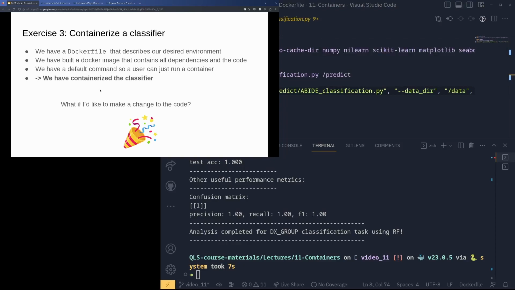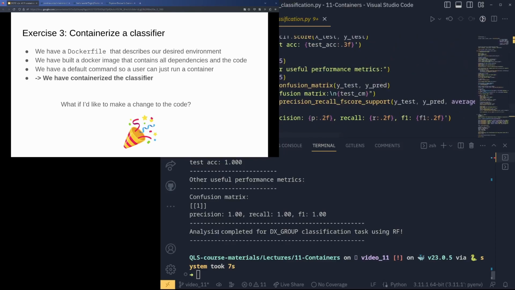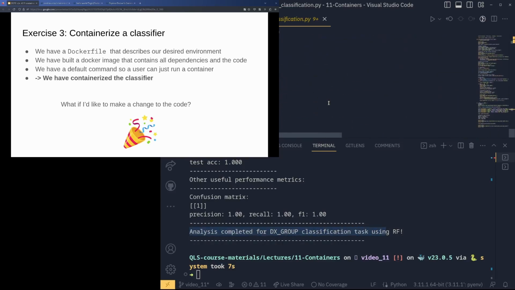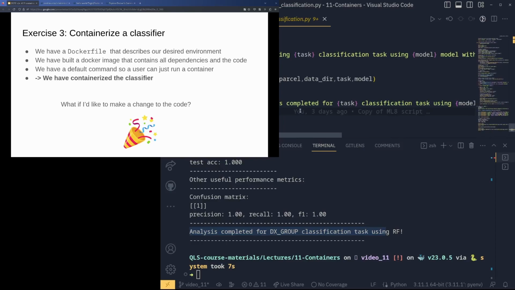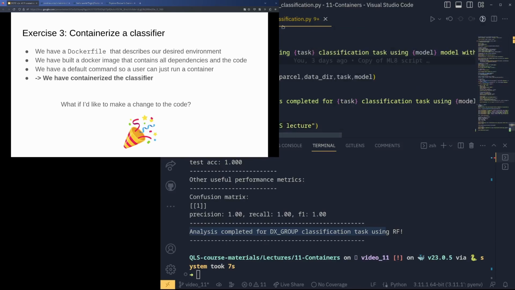Here's one catch that I want to quickly go over with you. What if you want to make a change to the code? And that's not so rare, right? So what if I wanted to do, let's say, this? Here it says analysis completed for something, something, something. And I wanted to end with something else. I wanted to say, hello QLS lecture. Okay, so if I save this and I run my script again,